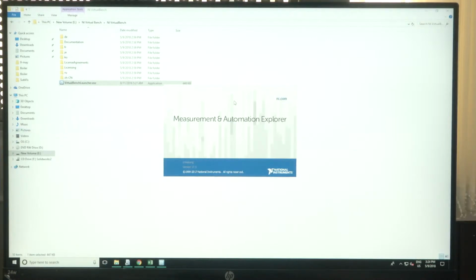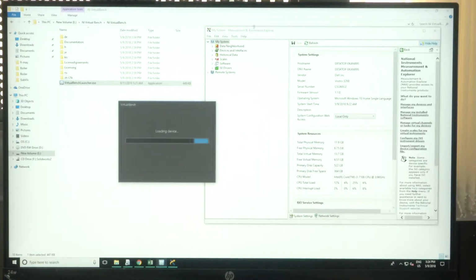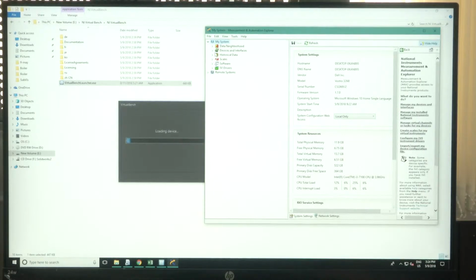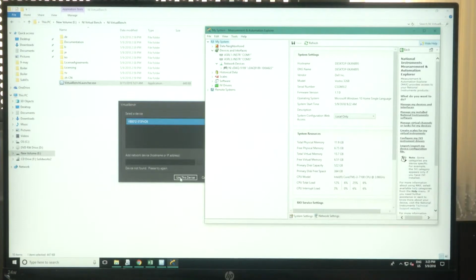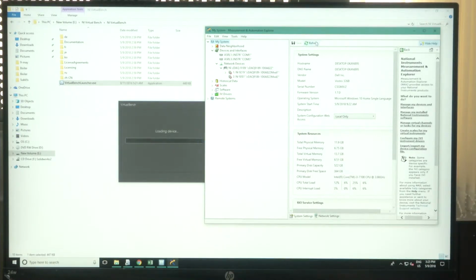This is for cDAQ, just to test whether the device has been connected and whether it is working or not. Since it is connected using a LAN in a server, here we can see what NI devices are connected in MAX. If I click on network devices, we can see the device name which is connected, NI cDAQ-9189. On top of it, if I refresh it, what all channels are connected can be seen here.